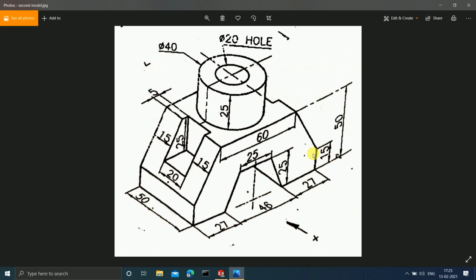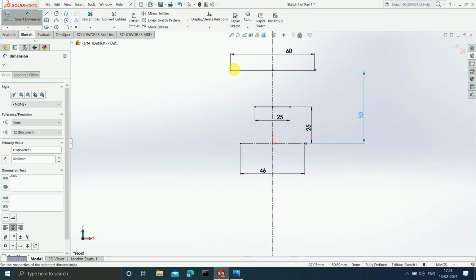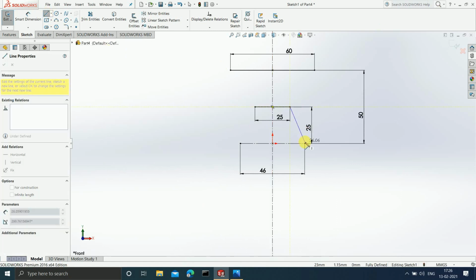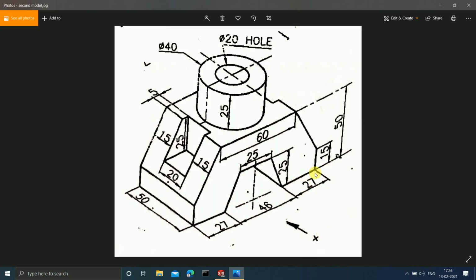Now this part is done. Now what are we going to draw? We are going to draw this slanting line that you can see in front of you. Okay, so let's choose a solid line and draw a line over here. Done. Now after this thing is done, now let us draw a horizontal line which is 27 mm.